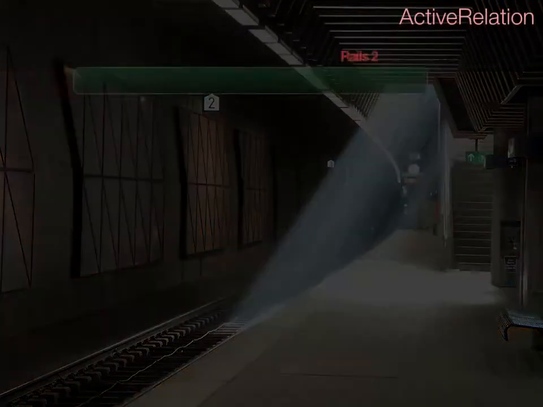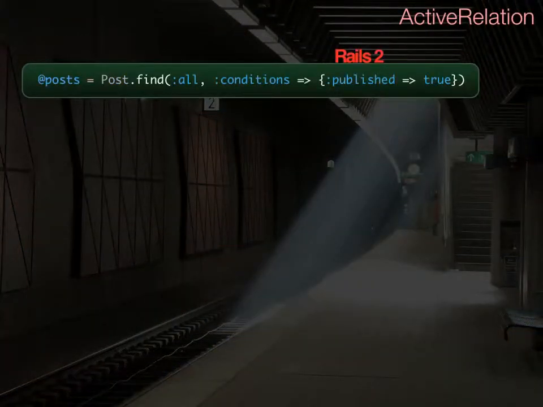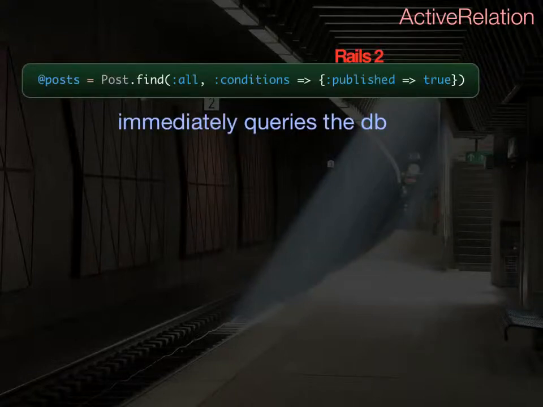Active Relation is a library created by Nick Kallen, and it basically replaces the internal ad hoc query generation with query generation based on relational algebra. In Rails 2, if we wanted to get all of the posts that are published, we might run a query that looks like this. This is going to immediately query the database and return for us an array of post